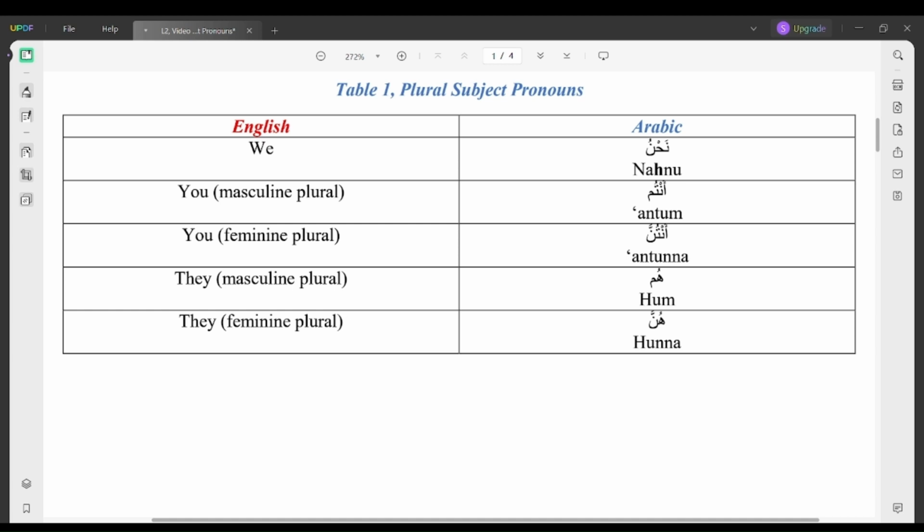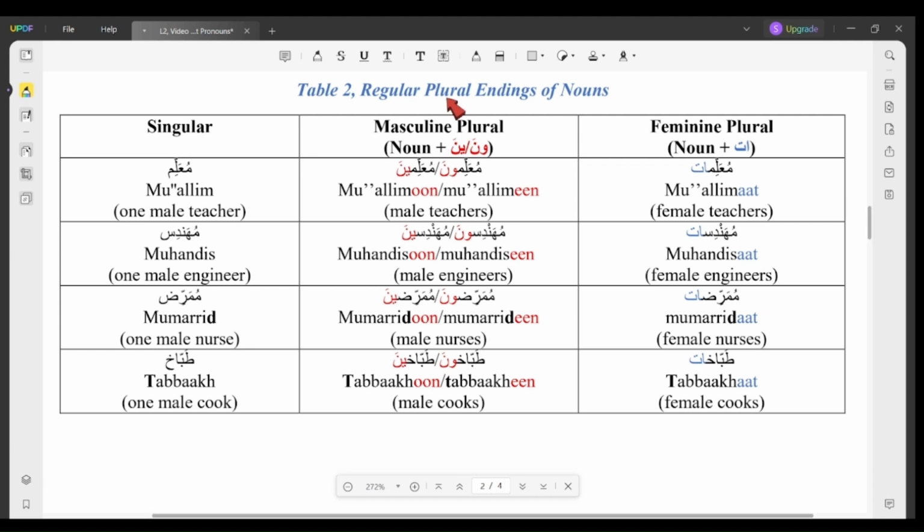Even if there's one guy in a group of 50 people, for example, we have 49 girls and one guy, we still have to use antum. And for an all-female group, we use antunna. And when it comes to they, it's the same thing. We have the masculine version, hum, and the feminine version, hunna. Alright, great. Now let's move on to table 2 to learn how to make a word go from singular